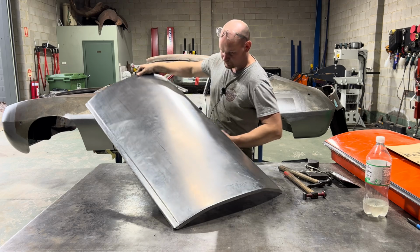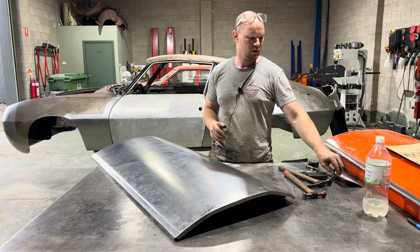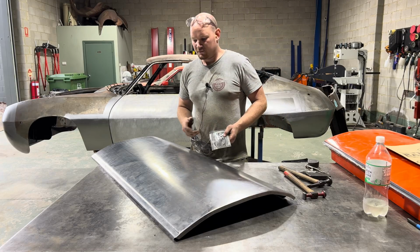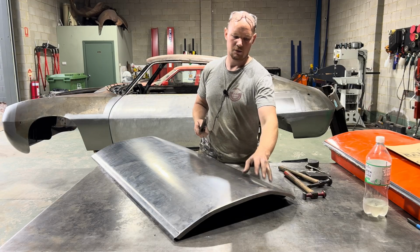So typically I would hammer and stretch the material in and do a door handle, but the door handle on this one's in pretty good condition, and here it is here. So for this case, I'm just going to cut out that hole and then weld in the door handle that is